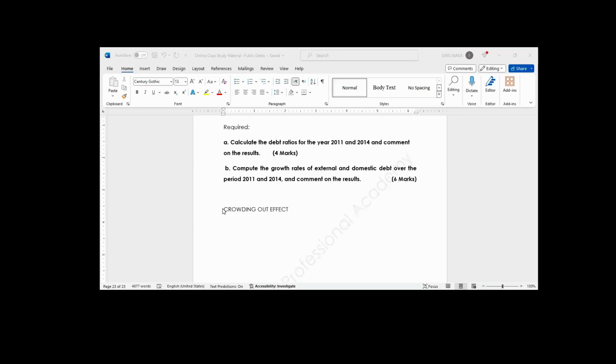This is crowding out effect. Crowding out effect means